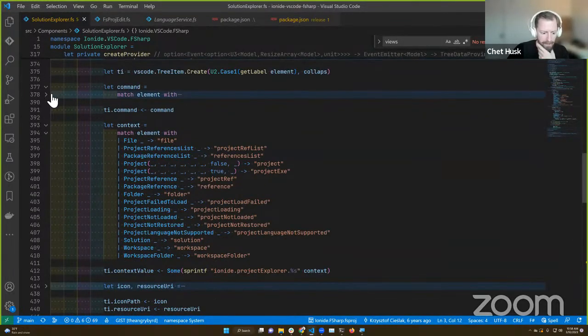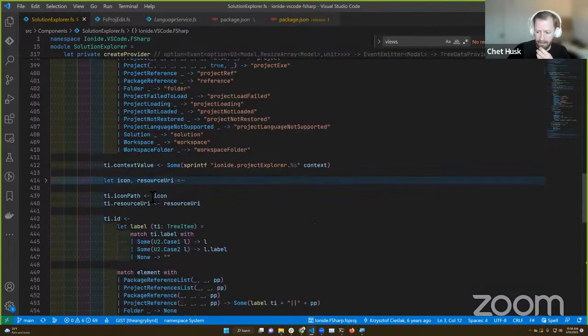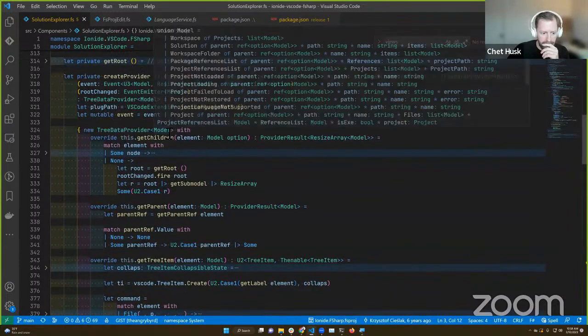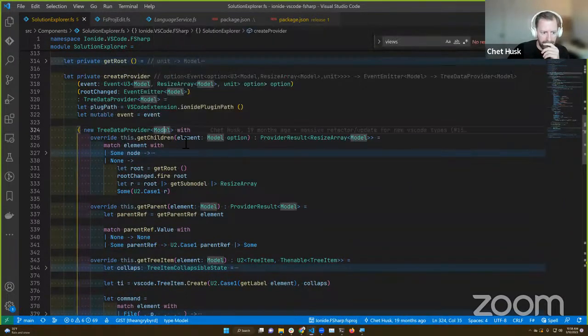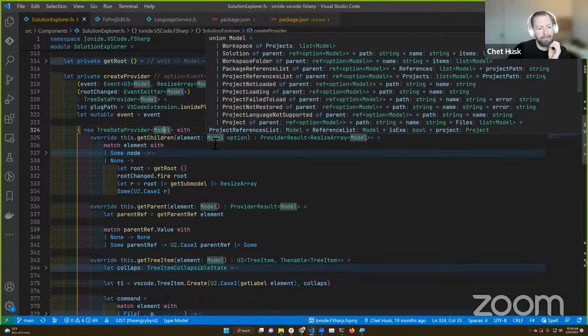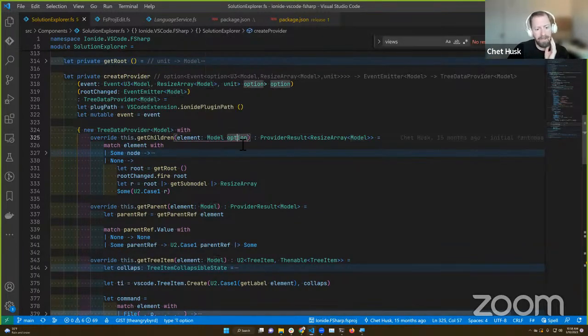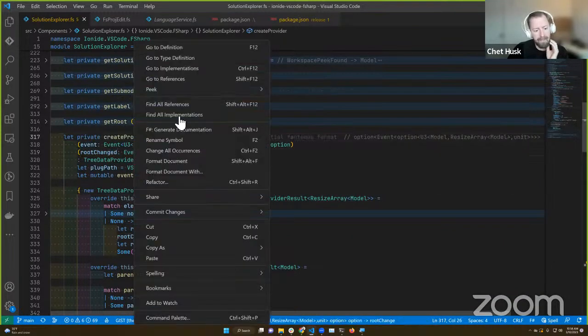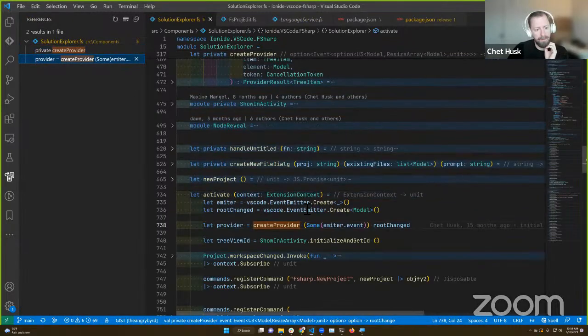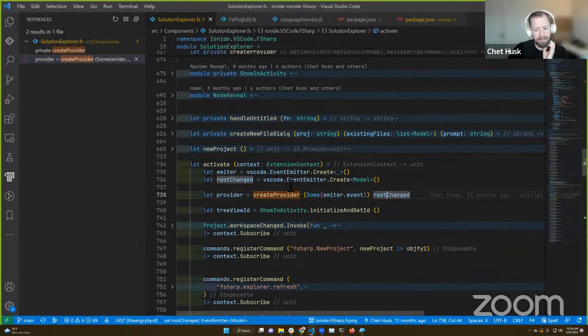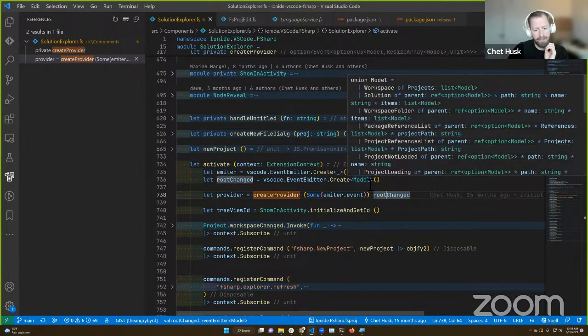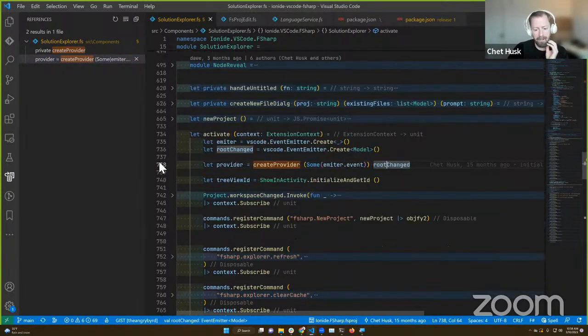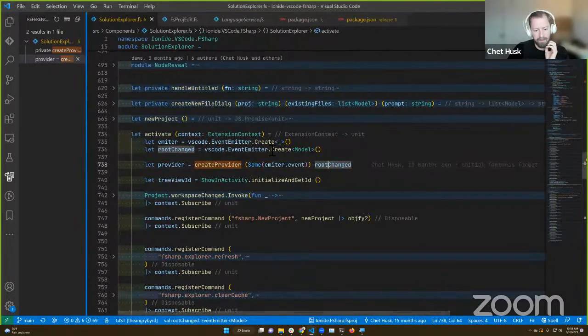actual data model here. So what I'm looking for is where we pass in. Okay, there we go, root changed. That root changed function on 319, that thing is the thing that is tracking our model, our overall model. And so if you look at where root changed is modified, it's probably going to be under workspace changed on line 742.